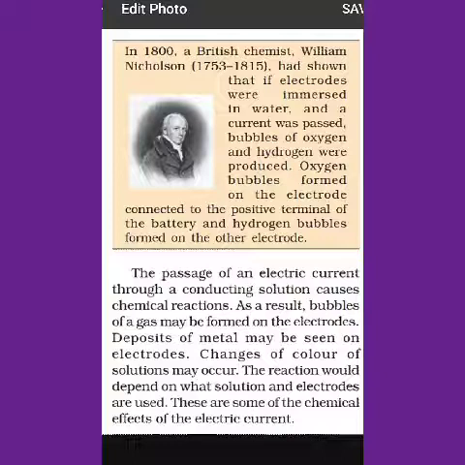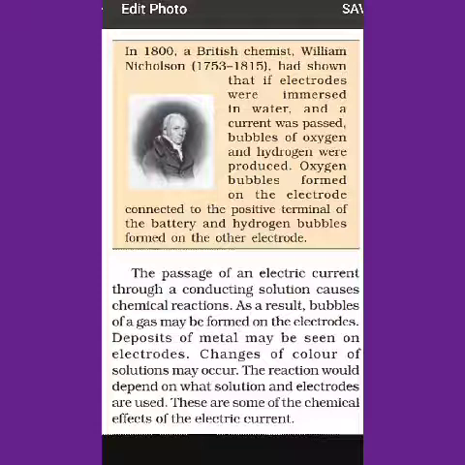That means whenever electricity is passed, now electricity means the DC or the direct current, the electricity produced by the cell. When this is passed through a chemical substance, the chemical substance breaks up and produces a new substance, and various chemical changes take place. So this shows that during a chemical reaction there is a change in the substance. There may be evolution of gas, or there may be deposition of a substance around the electrodes.